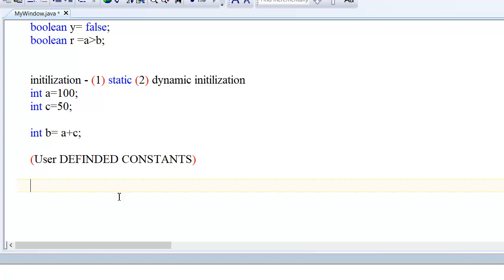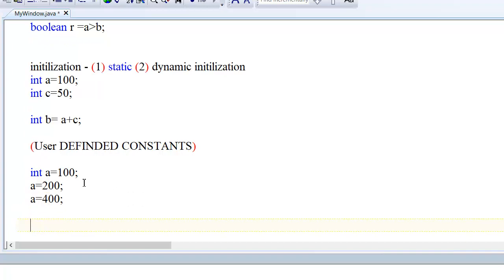These values can change. Let's say I'm writing a equal to 100. I can change the value of a to 200. I can change it to 400, because the value of a is not fixed. But 100 I cannot change. 100 is 100. 200 is always 200. 400 is 400. The value of a changes.